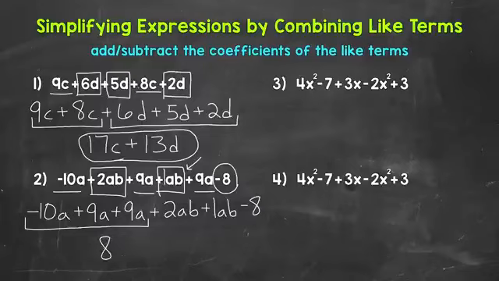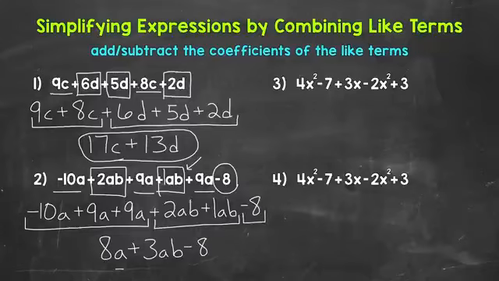So we have 8a, and then plus 2ab plus 1ab. 2 plus 1 is 3, so we have 3ab. And then lastly, we have a -8 here. So 8a plus 3ab minus 8 is our final simplified expression. We went from 6 total terms in the original expression to 3 total terms in the simplified expression by combining like terms. Let's move on to numbers 3 and 4, where we actually have the same exact expression,